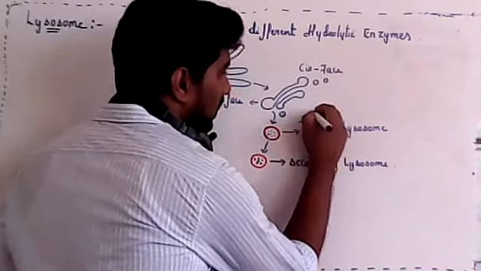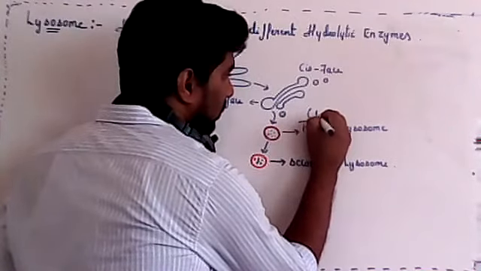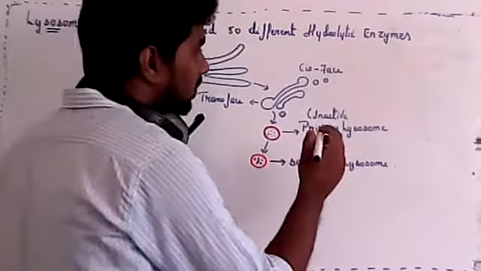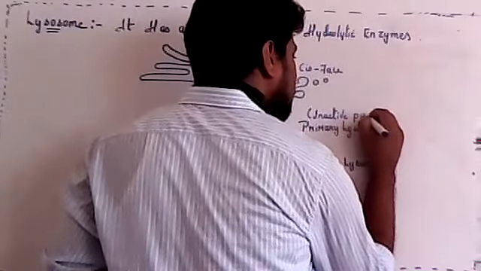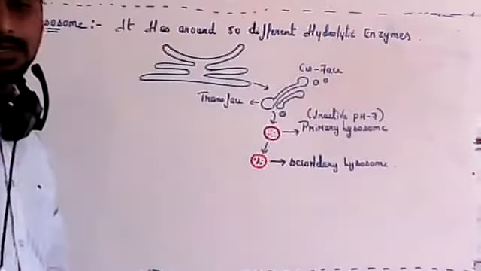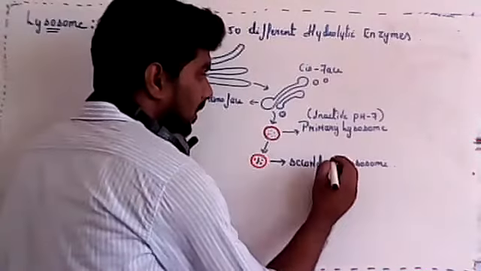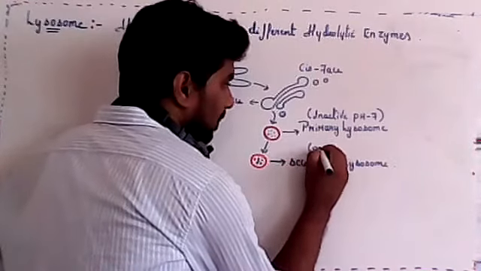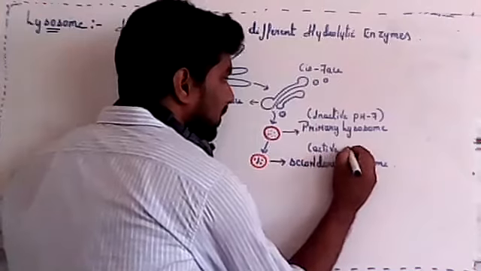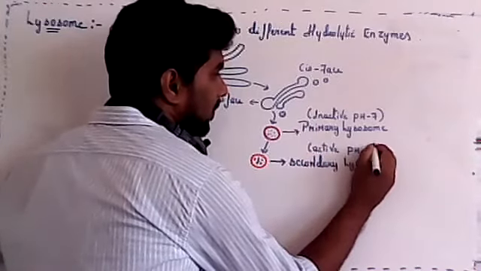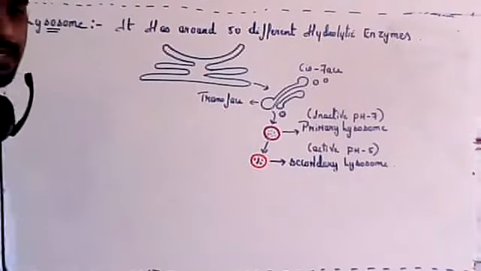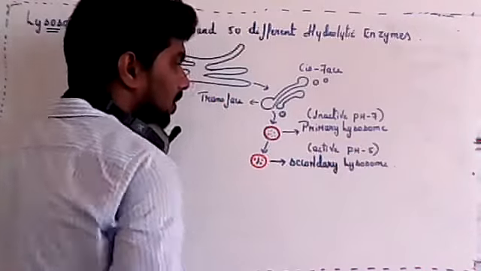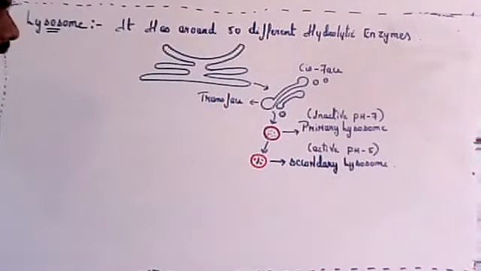The primary lysosome is considered inactive, and its pH is around 7. So here the pH is high, around pH 7, and it is inactive. Next, secondary lysosomes are considered active. Here the pH is around 5. pH 5 is acidic. So secondary lysosomes help in destroying most of the organelles. So here it is active.